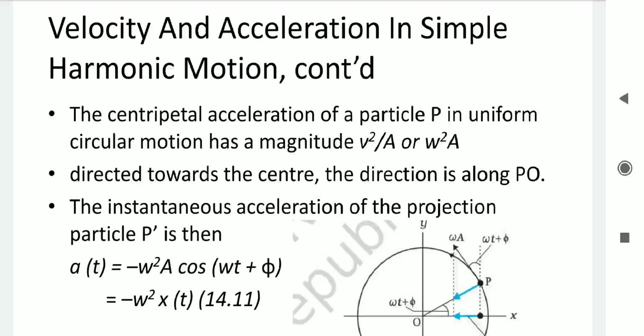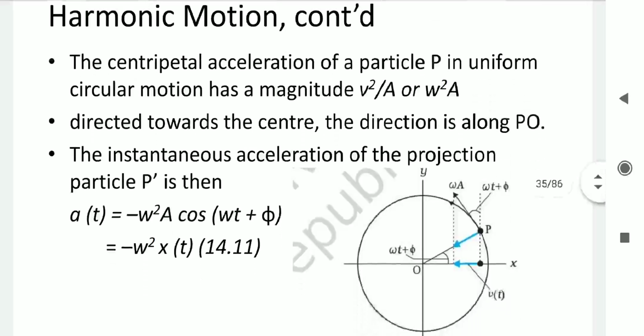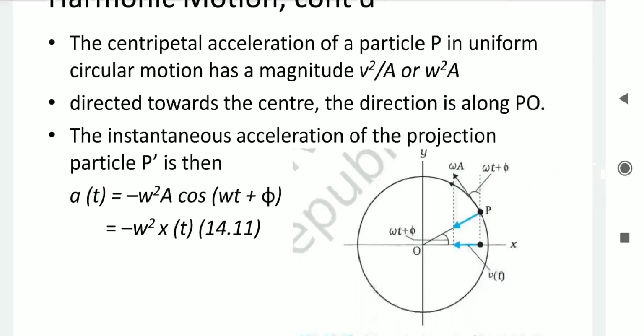Now we know acceleration is nothing but change in velocity per time, that is delta v by delta t. Again, for the continuous variation, instead of a delta difference, we can take differentiation. So if we are doing differentiation of velocity with respect to time, then again we are able to get the same equation of acceleration. Here acceleration is directly proportional to the x of t, but having a negative sign in proportion in